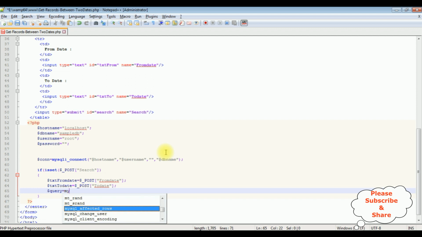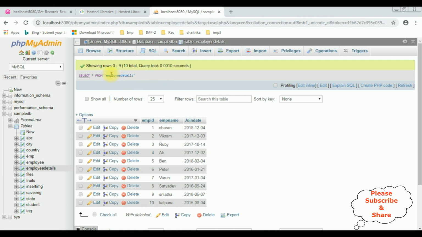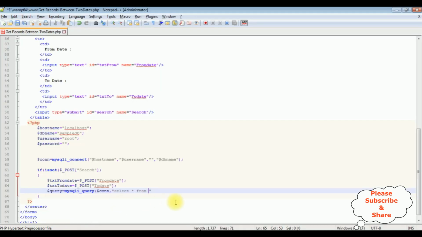After that I'm adding the MySQL query. $query is equal to the mysqli_query method. This mysqli_query method takes two parameters. The first one is a MySQL link, which is a connection object. Let's copy this one and paste here, comma, and the second parameter is a string query. Here the string query is a select statement. Between double quotes I'm adding the select statement here. Select star from, the table name is employee details. Copy this one, paste here,